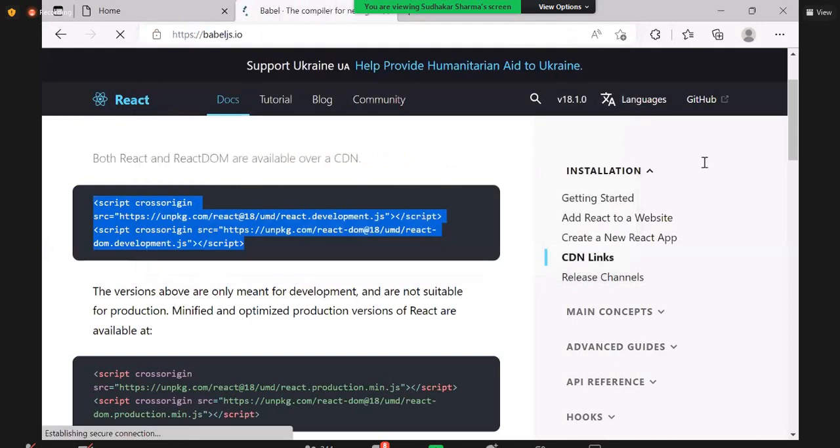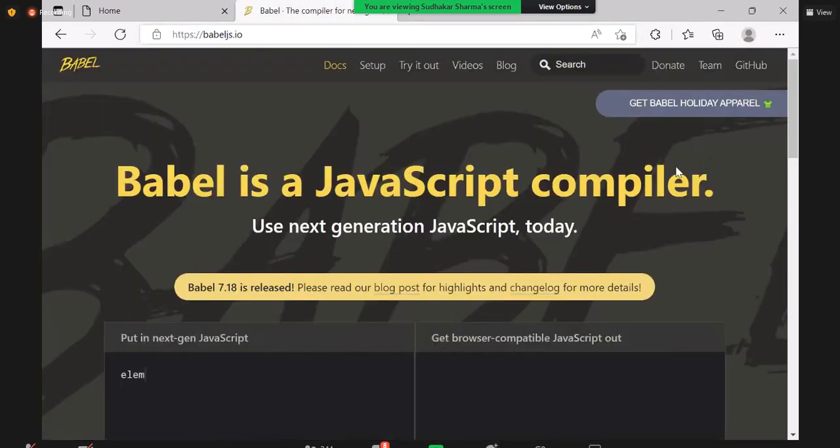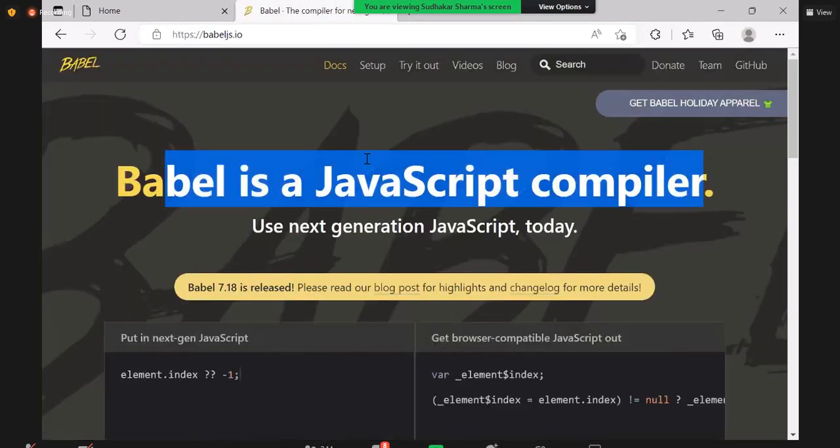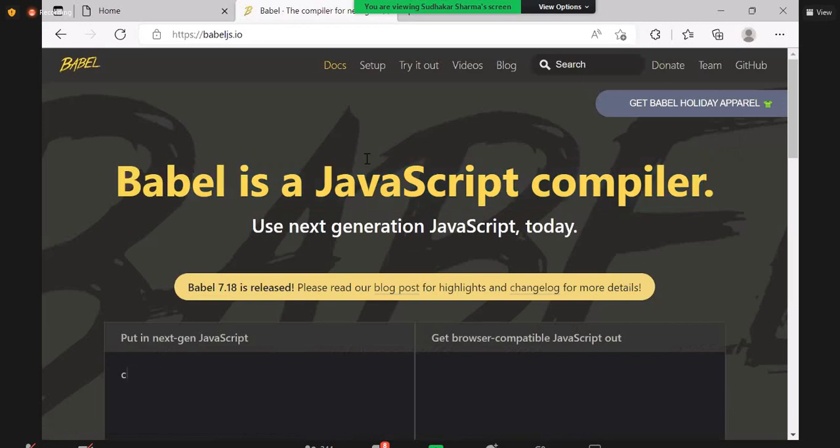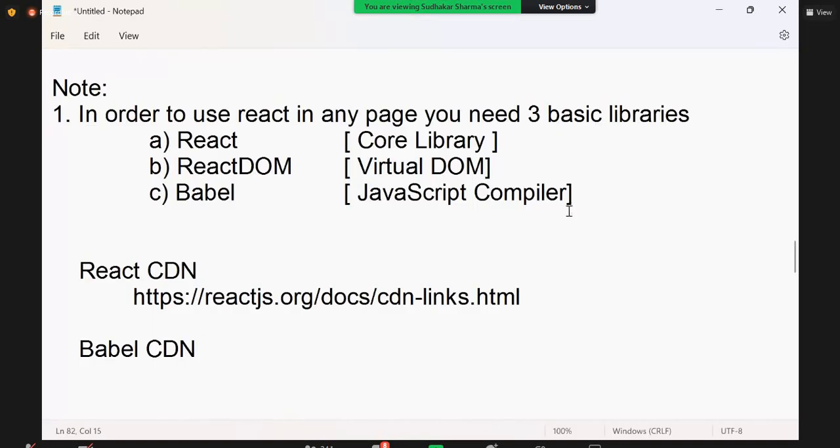Babel.js.io. Babel is a JavaScript compiler. Actually, Babel is a very large compiler. So many things are there. We don't need everything. So what you need is Babel